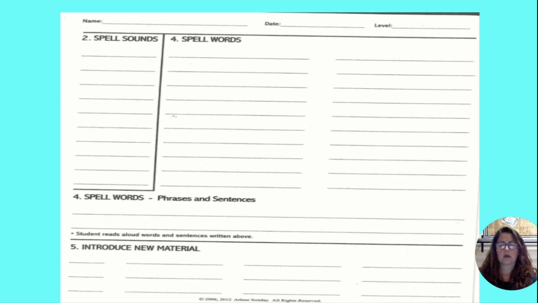Okay, so now we're to the spell sound section of our lesson for today. I will say a sound and you will write the letter or letters that make up that sound. Okay, so I will say it, you repeat it, and then you write it. Okay, if your child makes an error,